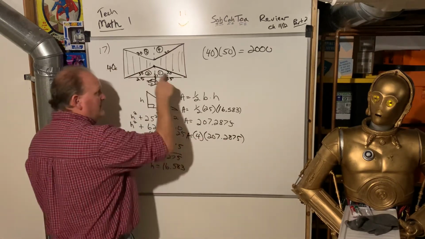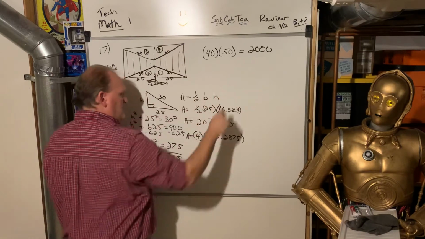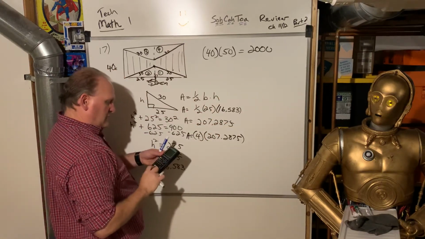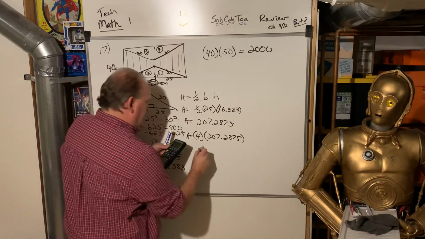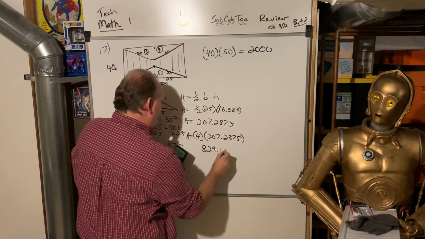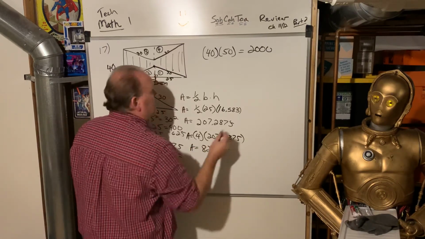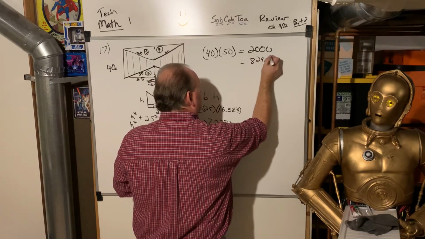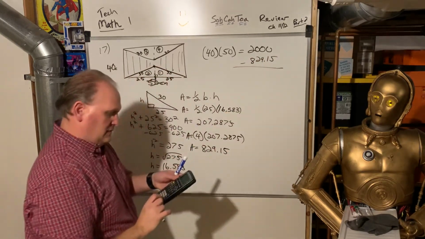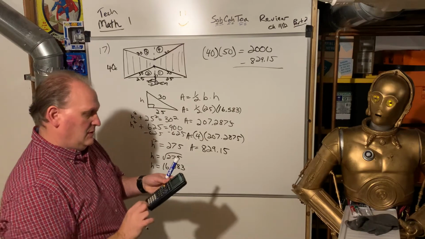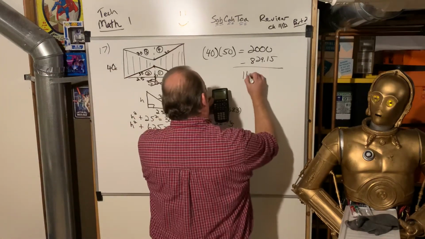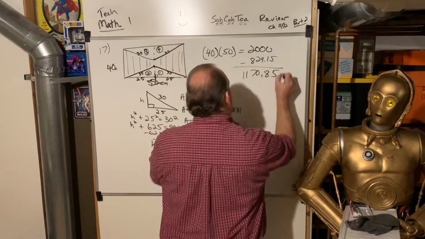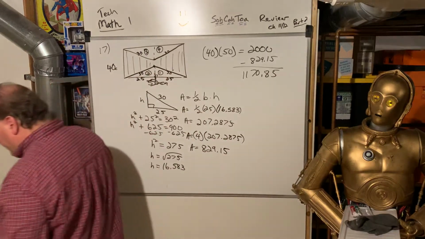And that's the unshaded area. And we'll subtract it off of the 2,000. So times 4 is 829.15, and then subtract that from the 2,000. And we get 1170.85, and they want it